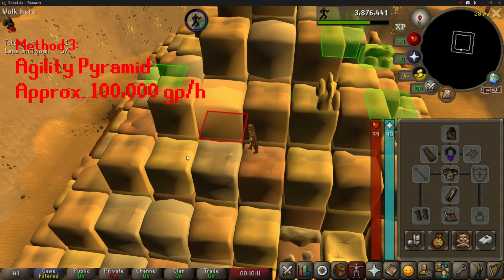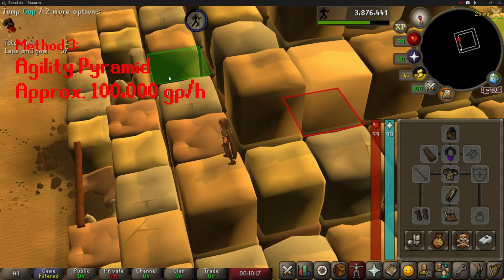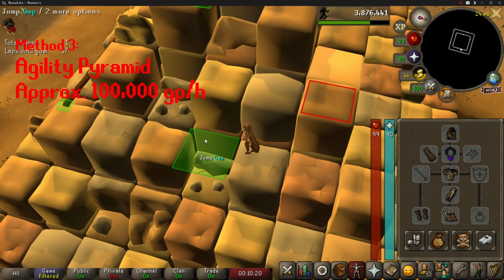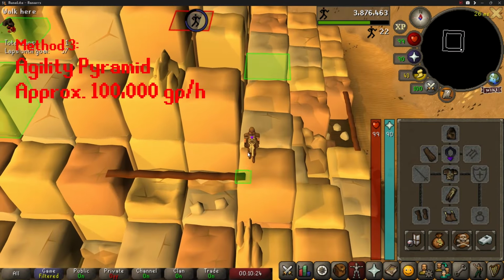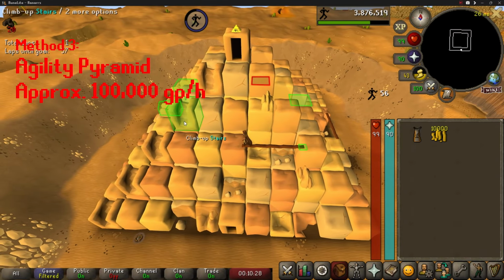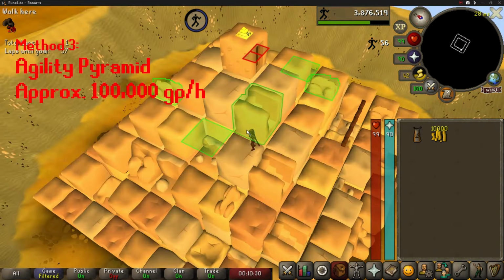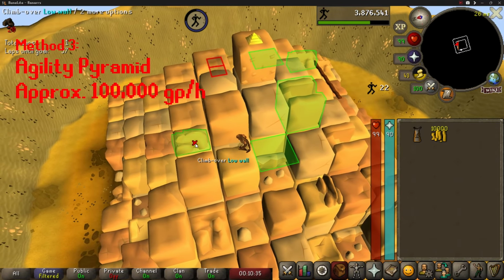No fail is at 75, but after 70, you can no fail everything except the jump gaps. So you'll still fail the jump gaps between 70 to 75, but after 75, you will 100% succeed every time. Anyways, every completion you do, you get 10,000 GP because there is that pyramid top that you can sell to Simon. And this does bring pretty good XP an hour as well in agility,